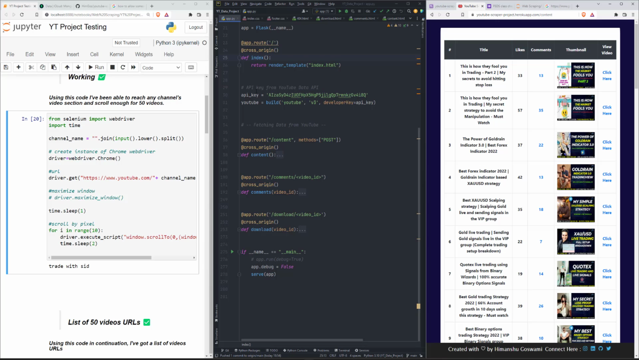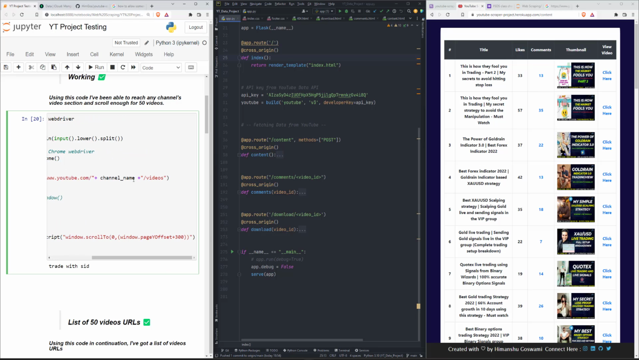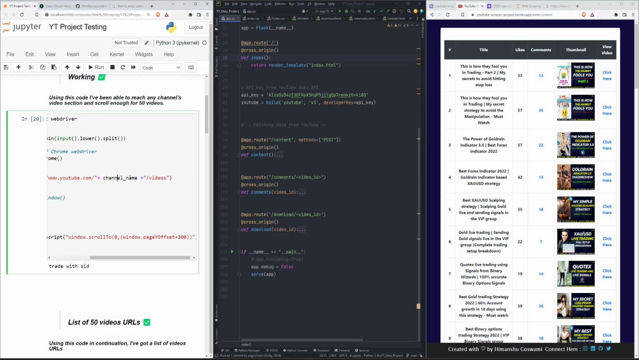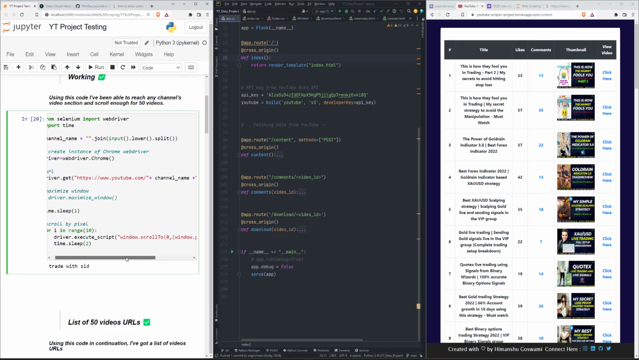Okay, so what has happened till now is that Selenium opened here. Right after that, I have taken the username, the channel name, and I have appended that channel name in between youtube.com plus the channel username plus videos. By doing that, I was able to open the videos page of YouTube, and then I scrolled it little by little. Like we can see here, I kept on scrolling it, so that I can get the data of